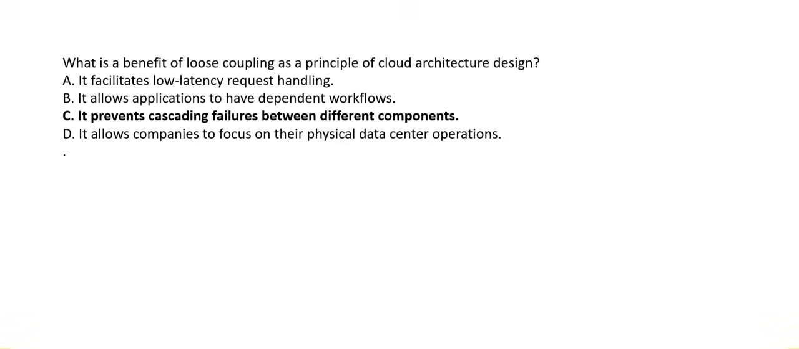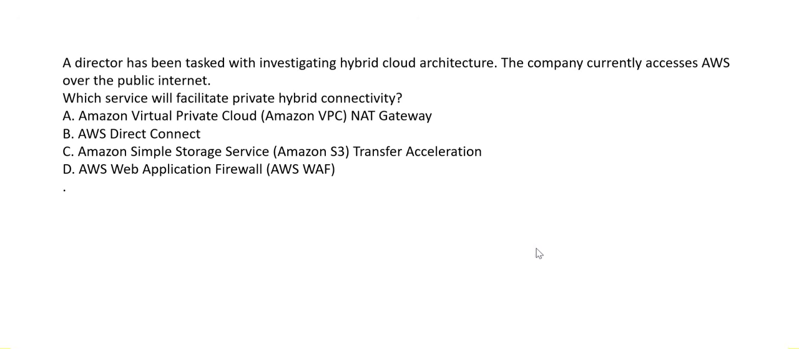A director has been tasked with investigating hybrid cloud architecture. The company currently accesses AWS over the public internet, which service will facilitate private hybrid connectivity? So whenever we say private hybrid connectivity, it is always Direct Connect. Transfer acceleration, option C, uses edge locations and CloudFront for accelerating the speed of the transfer, but that is not providing you access